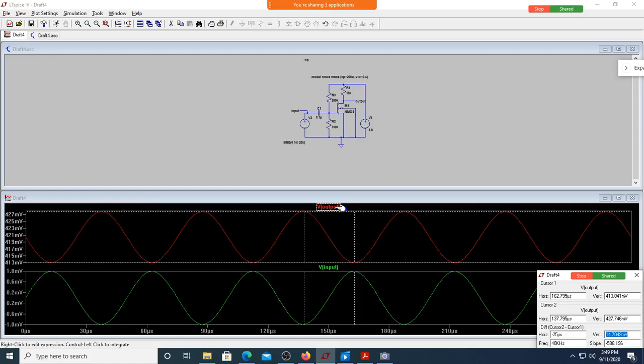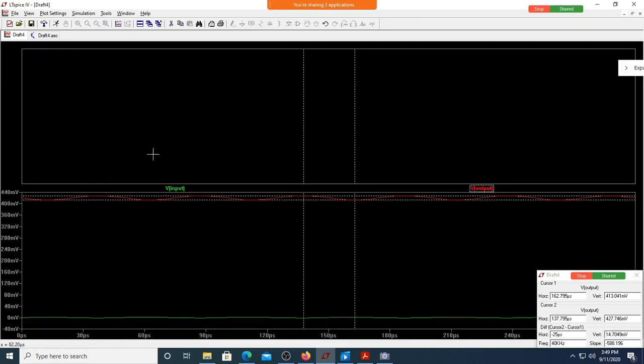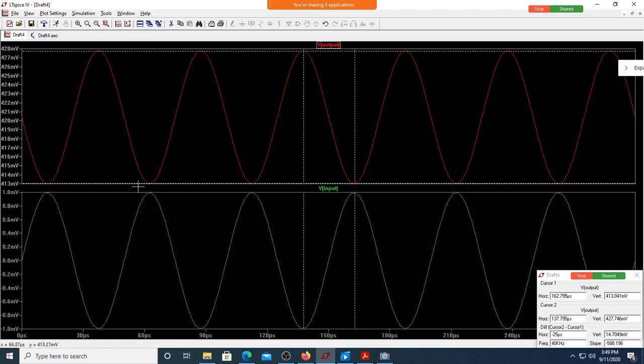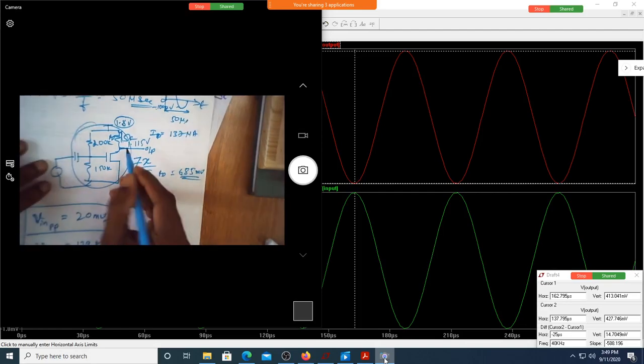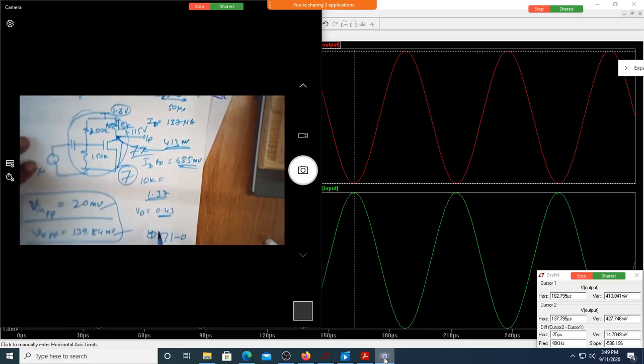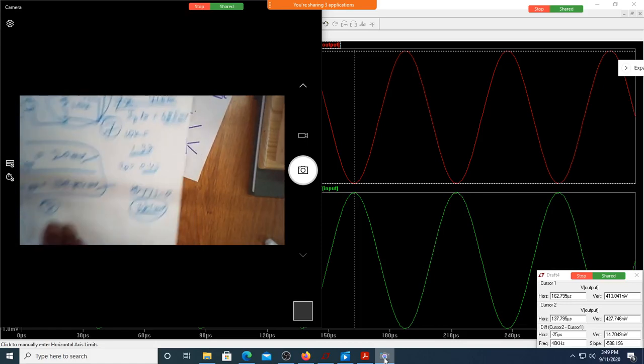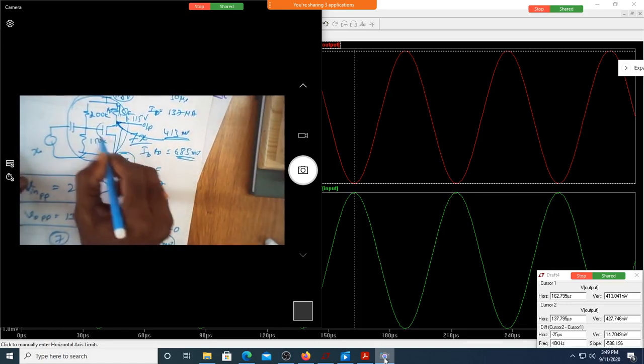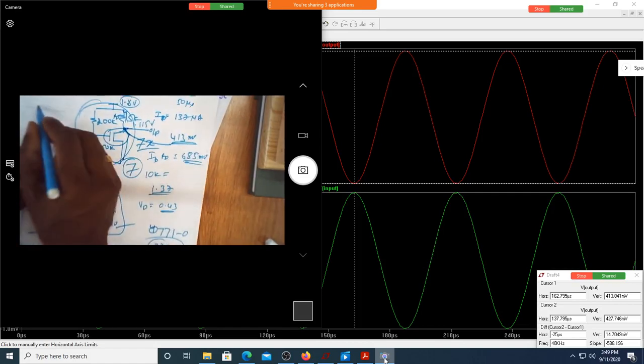You are measuring the output at this drain point. What is the minimum voltage of this red line going down? 413 millivolts. Does it mean? Let me show you this. It's above VD sat. See here, this voltage minimum is 413 millivolts. So does this voltage anywhere, anytime, go below 371? No, never. So the MOSFET is operating in the saturation region for the entire cycle of the output.